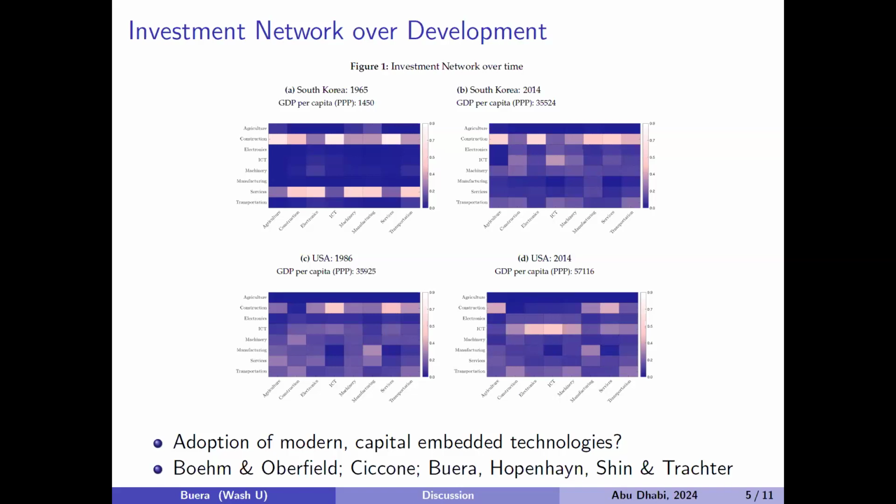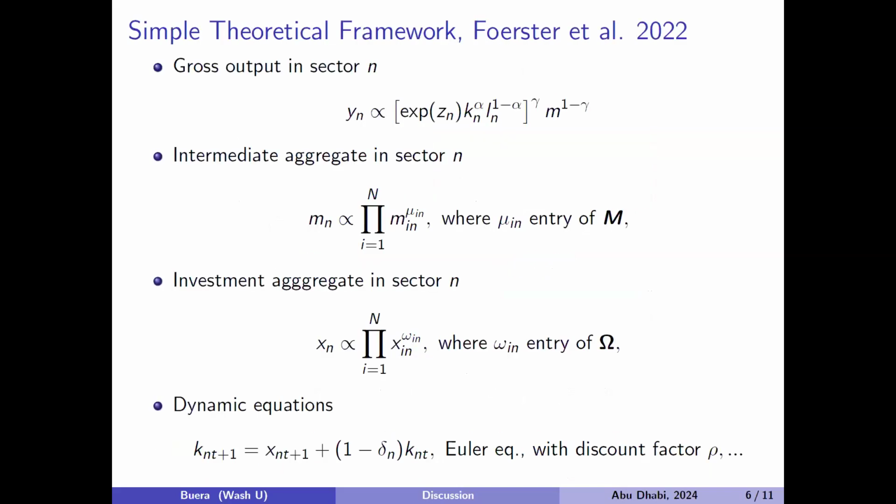That relates to some facts and theories by, as I said before, Boehm and Overfield, documenting how input use, the way production is organized, changes with the size of the firms and the productivity of the firms. Some of that can be understood as changing over the development process. There is some work by Young and co-authors that gives a series of that process.